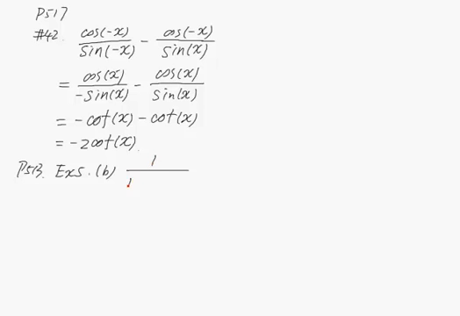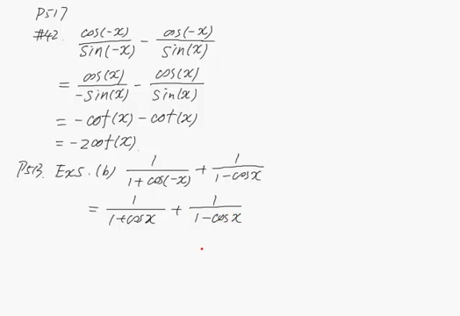1 over 1 plus cosine of negative x plus 1 over 1 minus cosine x. So we know cosine is an even function, then cosine of negative x is equal to cosine x, right? So we just get 1 over 1 plus cosine x plus 1 over 1 minus